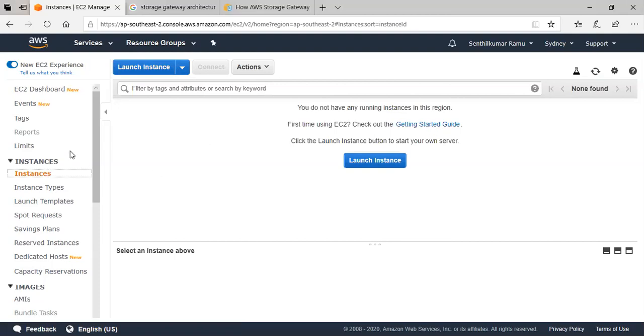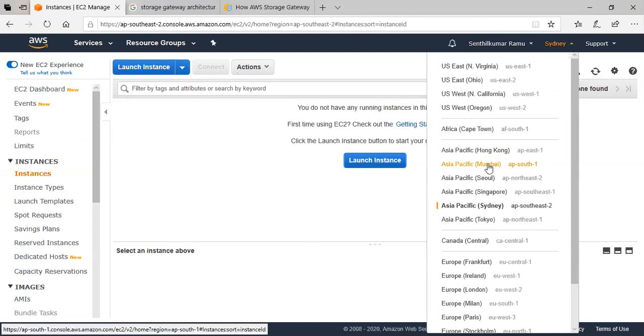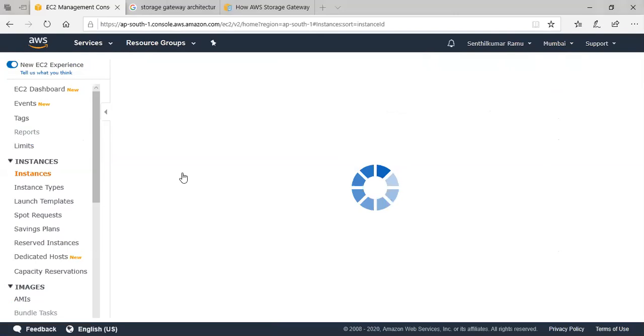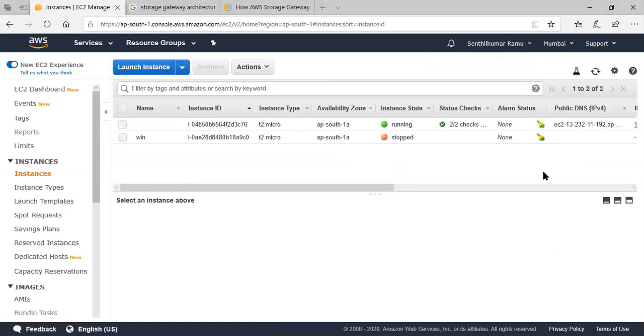Sindhil, one question. Yes, please. So when you're creating this, it is in Sydney, right? Yeah, I will have to move to Mumbai. Tell me your question, please. So when you're creating the image, it is taking a backup of the OS plus the EBS, whatever data. Yes, whatever there is in the EBS. It could have SQL, it could have Oracle, it could have a web server role, it can have anything. Whatever files you put in, including that, it is taking an image. It is not a base OS. It is a complete full backup of the whole server, initiated in the background.